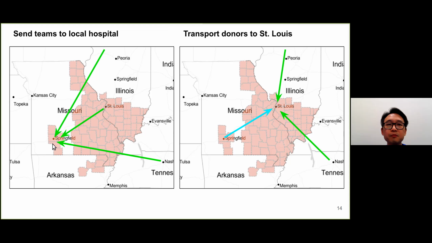In our OPO, Mid-America Transplant is a very innovative OPO, and they set up a new model. This was a couple decades ago when they set up this model, but it was the first of its kind in the nation. They set up this system where they have a central facility in St. Louis. What they do is they obtain consent from the donor family to move and transport the donor to the central facility in St. Louis. So then the various surgical teams just have to travel to this central facility and then do the